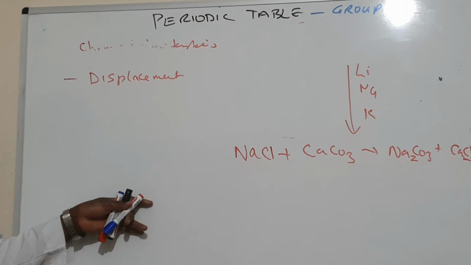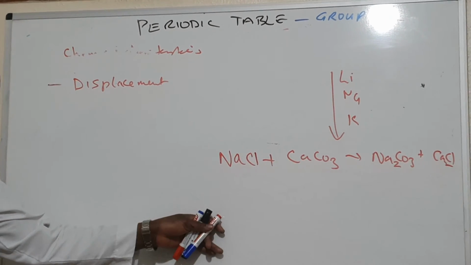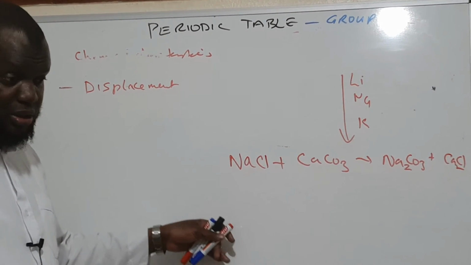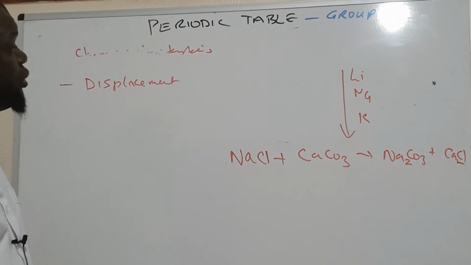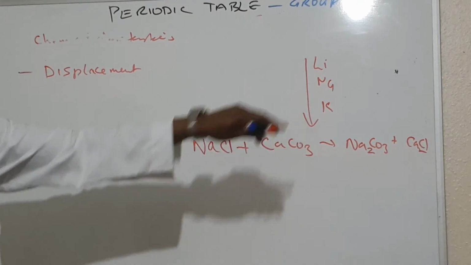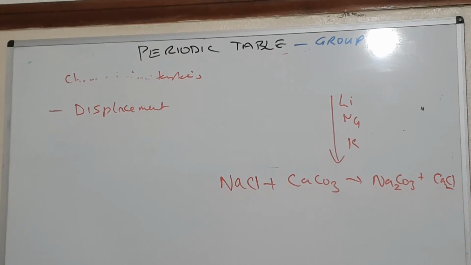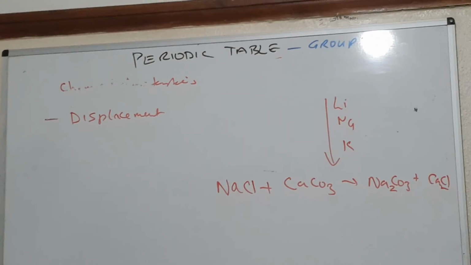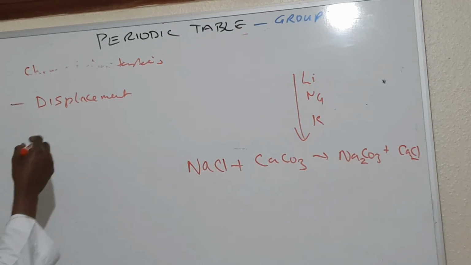There are certain elements you should know. Aluminium, 3. Group 1, 1 plus. Group 7, 1 minus, yes? So there's something called displacement. Displacement means